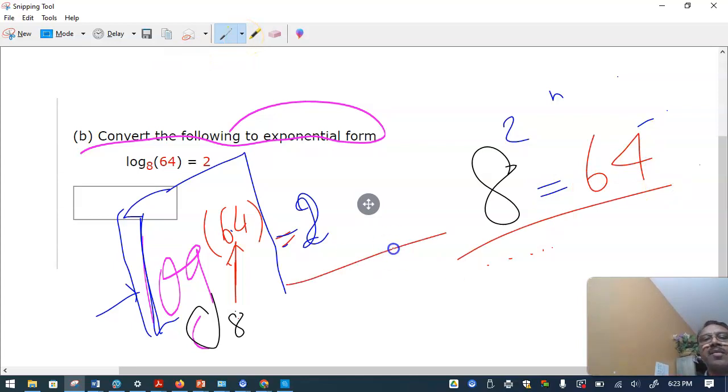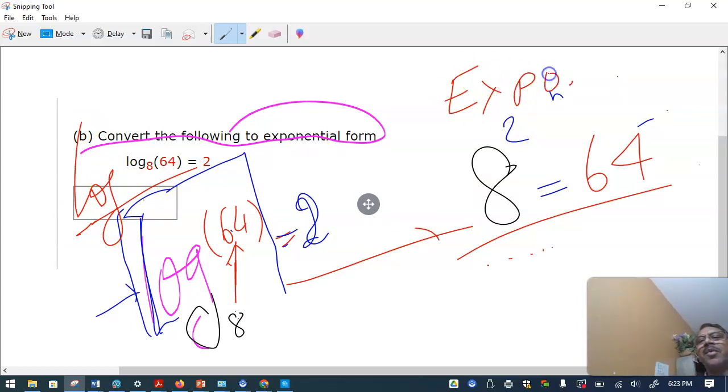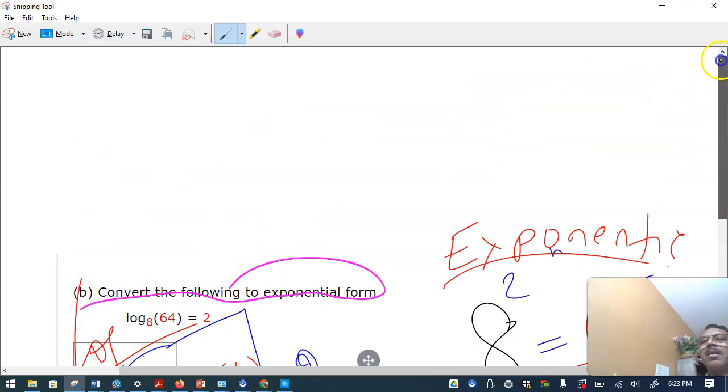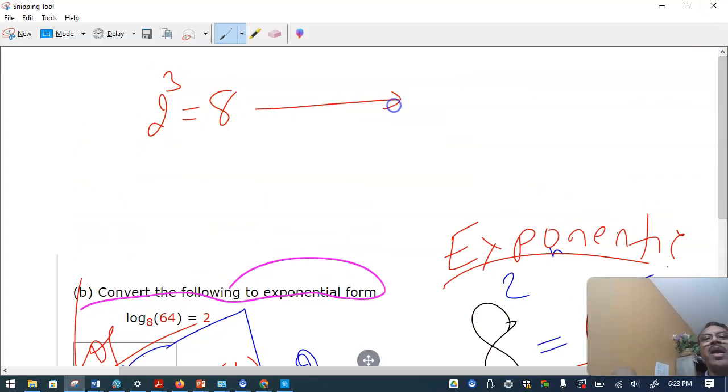So that's all that means. So this is called logarithmic form, and this is called exponential form. Even though this was a simple question from my side, I just thought of you to understand what this basically means. A simple example: if I write 2 raised to 3 is 8,